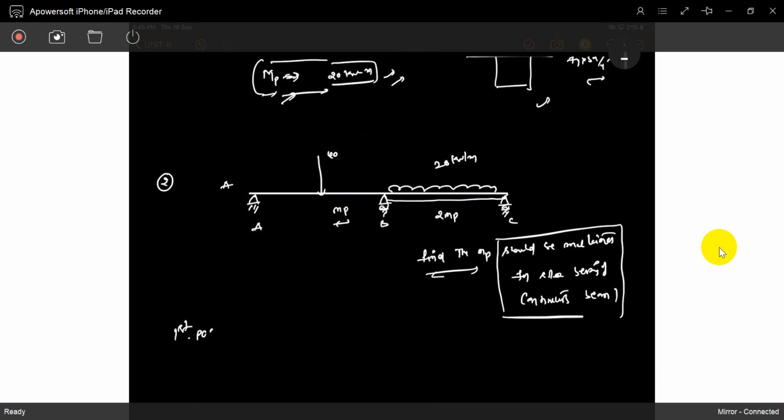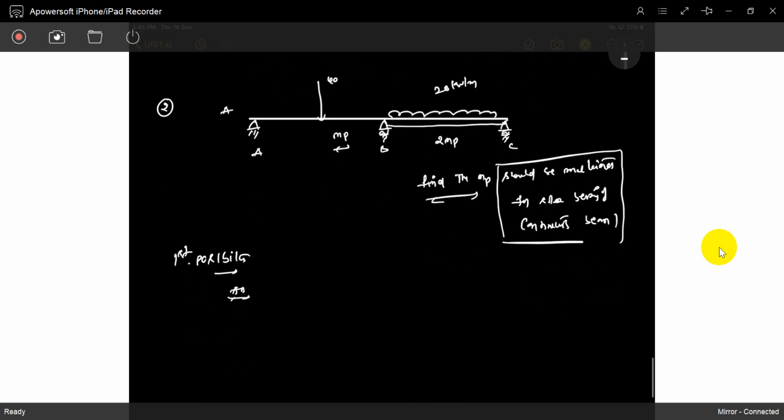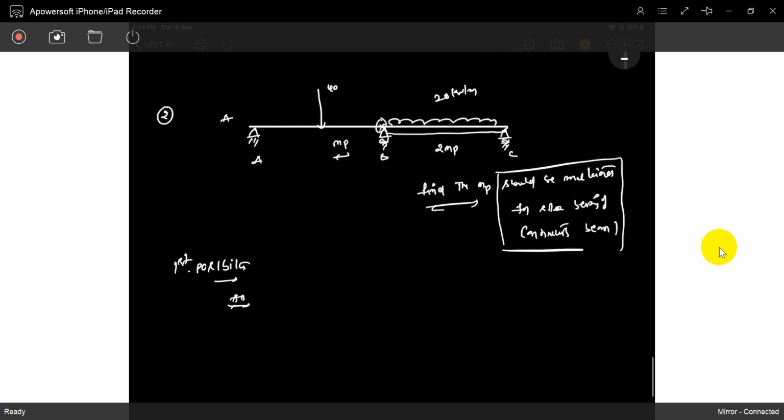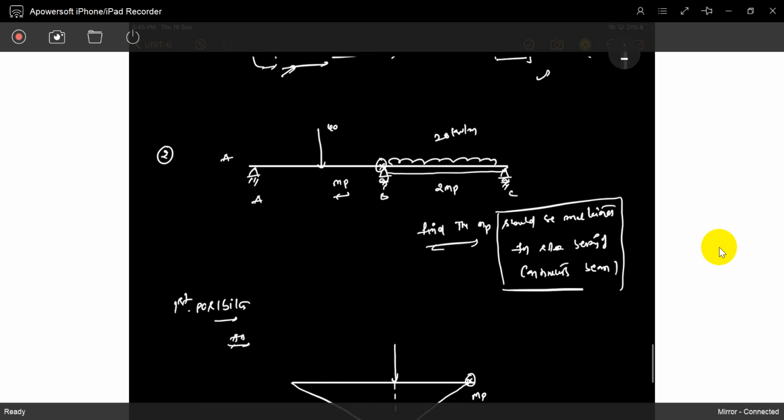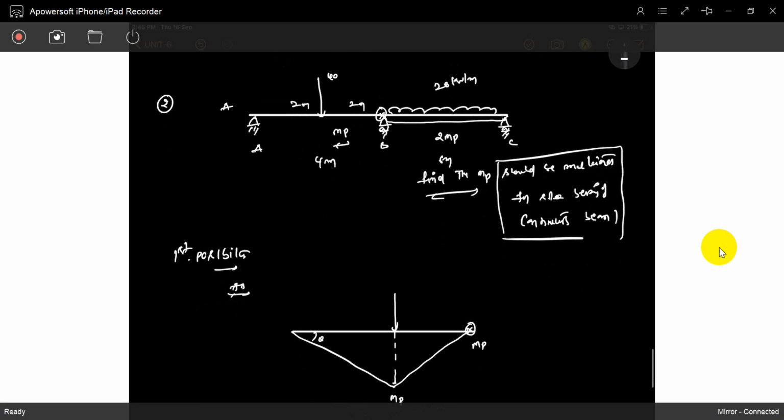First possibility is failure of AB. Failure of AB means what? B is fixed, intermediate. A is a hinge. So that is a proper cantilever type, so only one hinge is required, not two hinges. The first hinge is formed at P. The second is formed under the concentrated load. So it has a capacity of MP. Exactly, the distances I haven't given. So it's 4 meters, you can take 6 meters, it's a 2, it's a 2. So exactly half of theta. It's theta.